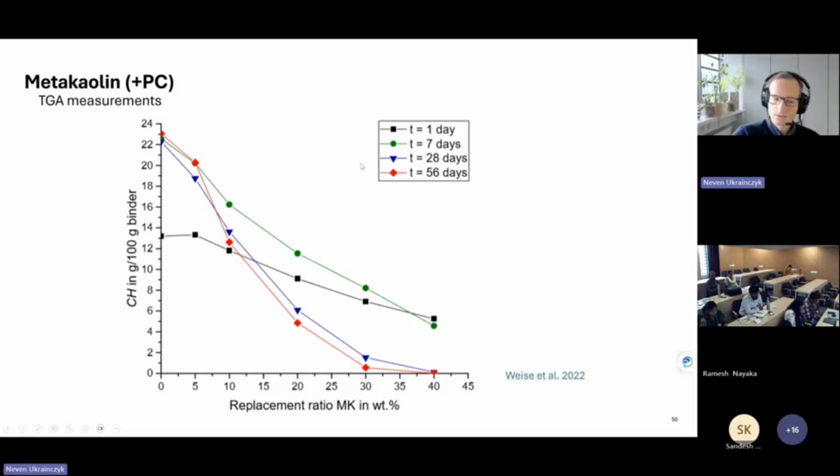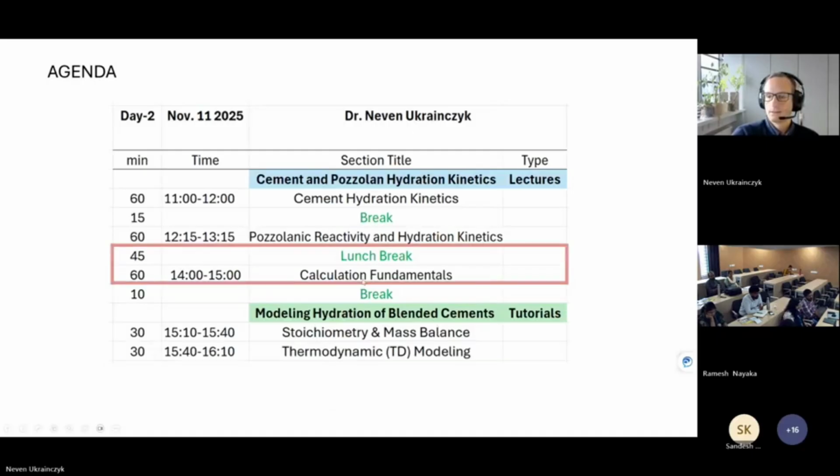So you can see how the degree of pozzolanic reactivity is changing with time in your Portland cement system. So this would be my recommendation. This is the easiest way. You only need TGA, thermogravimetry, and do the mixtures. I would also do calorimetry, and then you can get your degree of pozzolanic reaction. And then you can compare it with your model, or you can calibrate your model. And that model I will show you next, how you can very simply do it with the mass balance, the way we did it yesterday, but now extend